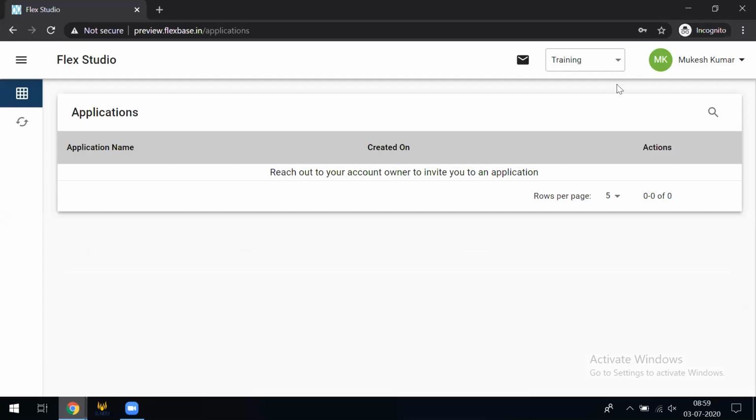Fine. So this is the dashboard for the new user, which we just added. So it shows Mukesh Kumar, your organization name as training. And this user is a contributor. He's not an admin. So we don't have any option of adding a user for a contributor. Only admins can add. So that's why that icon is not showing up over here. You can just view the applications. That's it. And you can contribute in those applications. Now let's switch back to the admin login.